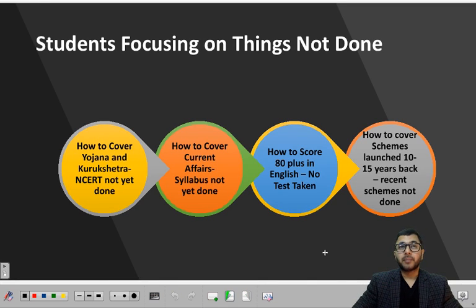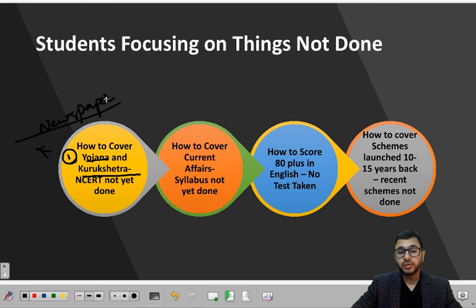The other attitudinal mistake: students focusing on things not done. Okay, a lot of students keep asking how to cover Yojana and Kurukshetra. Are you done with basics of ESI, syllabus of ESI, Ramesh Singh, basic schemes and everything related to ESI? No, you're not. Majority of students who are asking about Yojana and Kurukshetra are not done with those things. Well, Yojana and Kurukshetra is for UPSC aspirants. Even a lot of UPSC aspirants don't read them. Why? In one article, you are going to be able to generate one opinion. You're already doing that, or you're already supposed to be doing that through newspapers. Okay, very few facts, very little information available from Yojana and Kurukshetra.